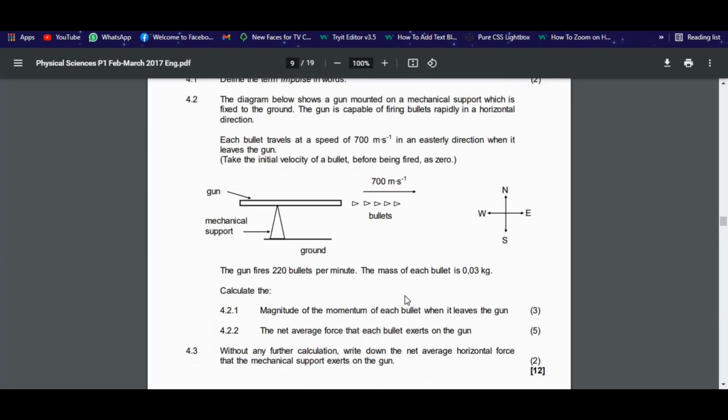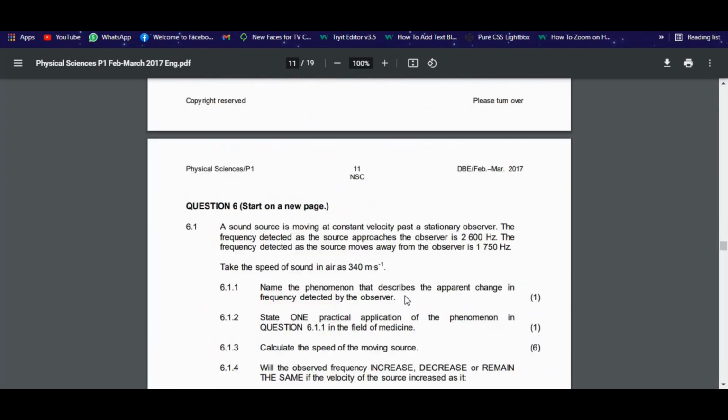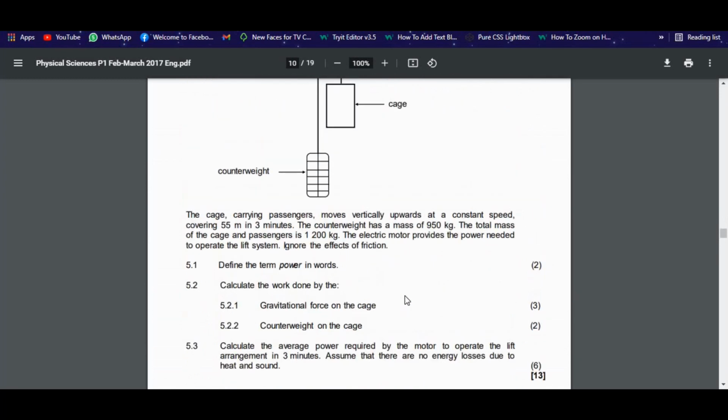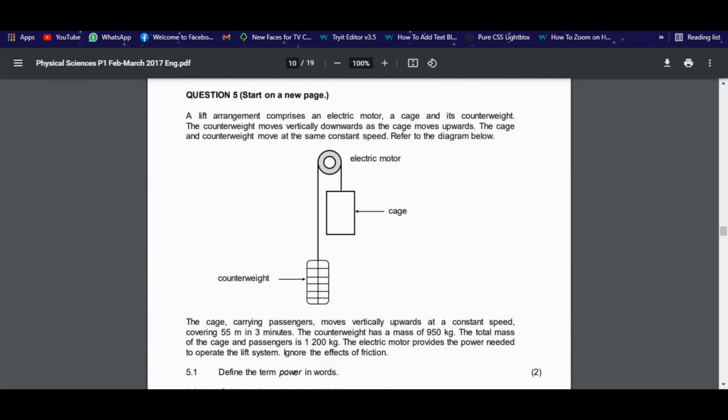Yes, question 4 is your momentum question, so it's not that. And question 6 is another section question. Okay, so let's go with